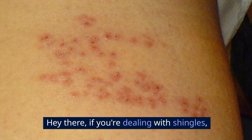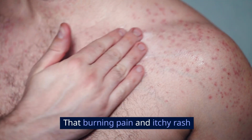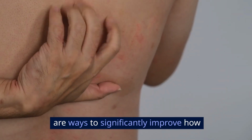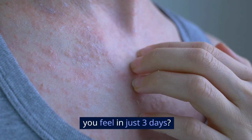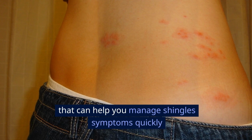Hey there, if you're dealing with shingles, I know you're probably feeling a lot of discomfort right now. That burning pain and itchy rash can really disrupt your life. But what if I told you that there are ways to significantly improve how you feel in just 3 days? I'll show you some practical, science-backed remedies that can help you manage shingles symptoms quickly and get on the road